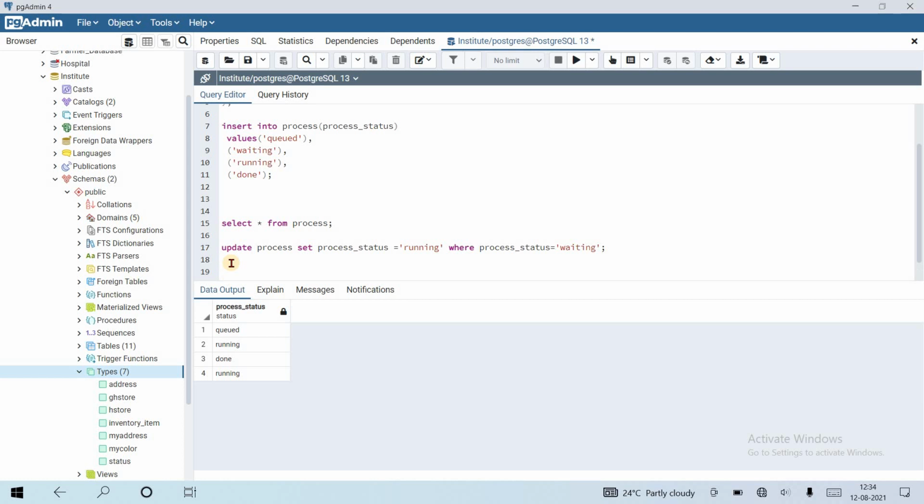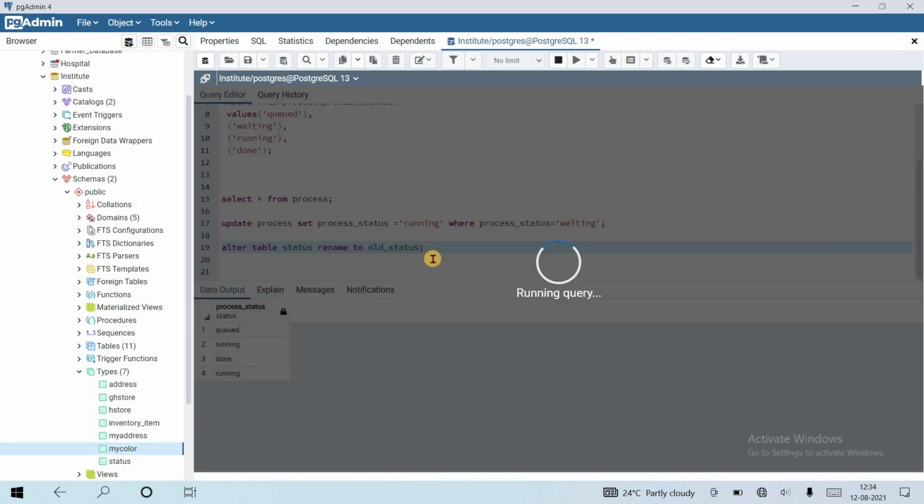Suppose we use alter table. The type is now status. Rename this status to old status, meaning this is the old status data type.